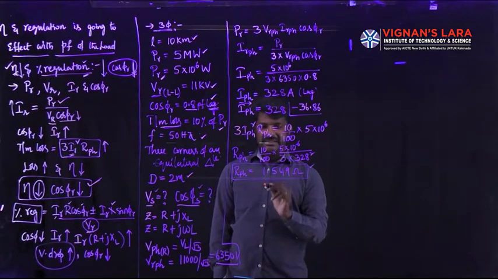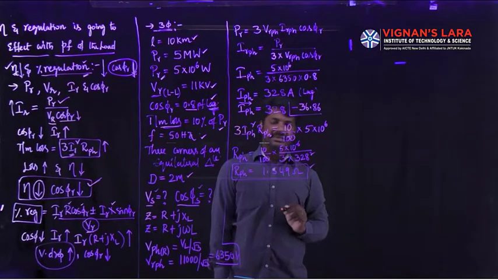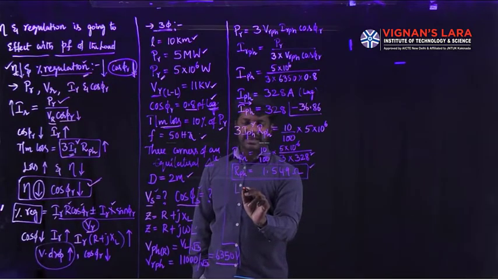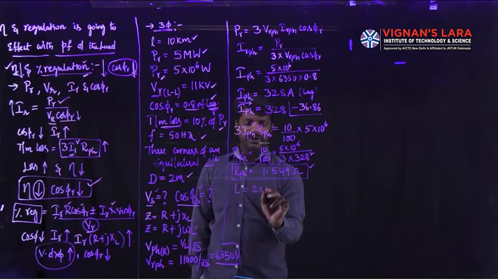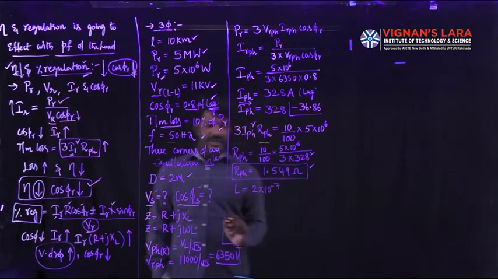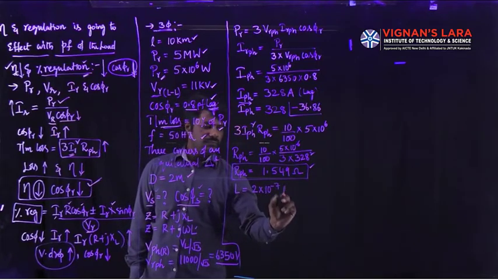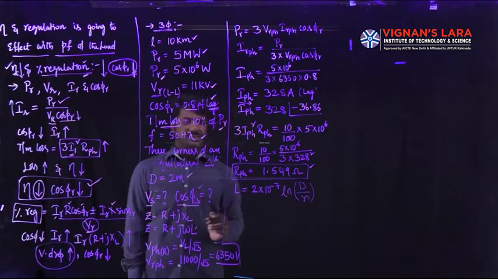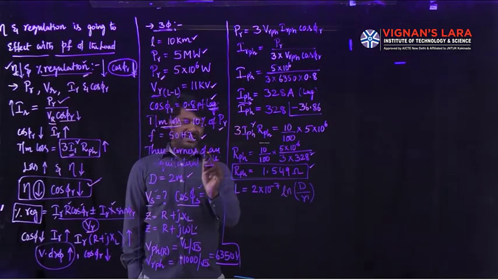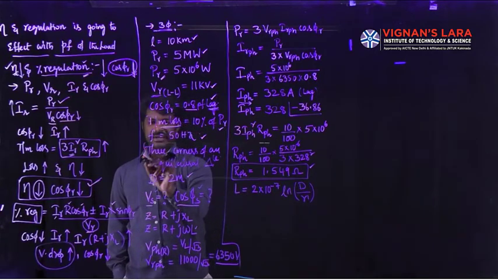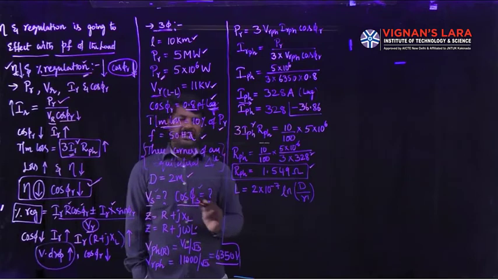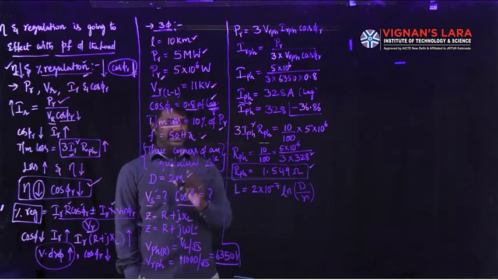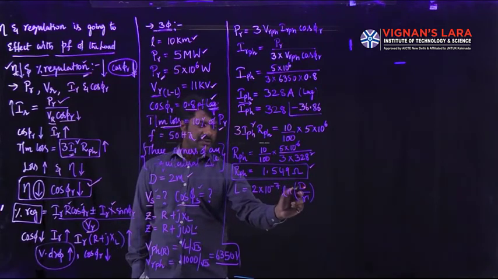In the same lines, I have to get the inductance. What is the inductance formula? L from the first unit. We can get the L per phase or L per conductor is equal to 2 into 10 power minus 7 ln of d by r dash, where d is distance between the conductors. Since it is a symmetrically spaced line, how do we know that? Because the three conductors are located at the three corners of an equilateral triangle. Then we can say that it is a symmetrically spaced line with a distance d equal to 2 meters